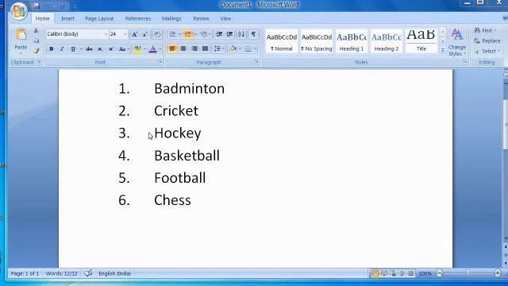See the screen. First I didn't give the bullet style for all, isn't it? And then next I selected everything, then I gave the bullet style, right? See, where is the undo and redo option? See the quick access toolbar. The title bar is there, no? In the top left corner we have the quick access toolbar. In the quick access toolbar, we can see the undo and redo option here. Okay, children.